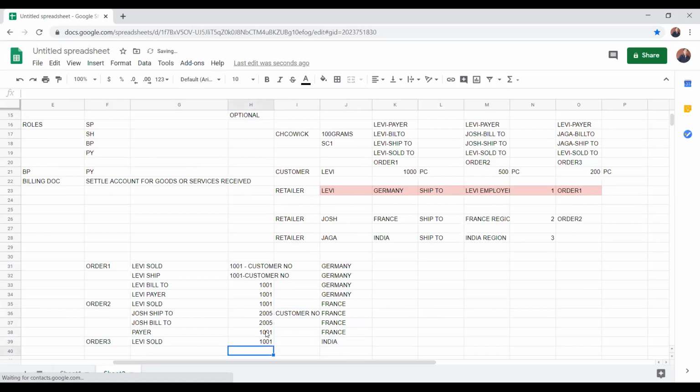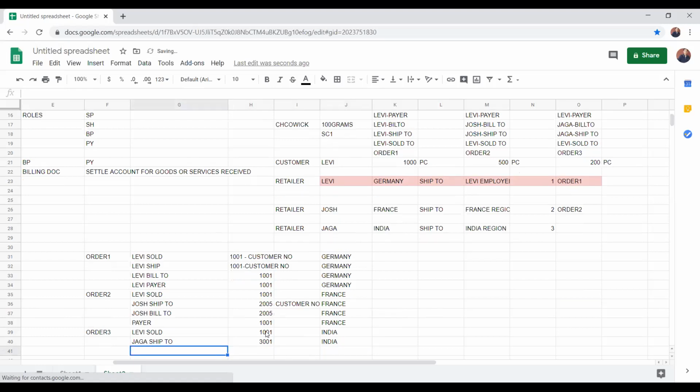He is the person who ordered. Who is shipped to? Jaga, right? Again, another new customer number came. Following the example, who is the bill to? Jaga as well.